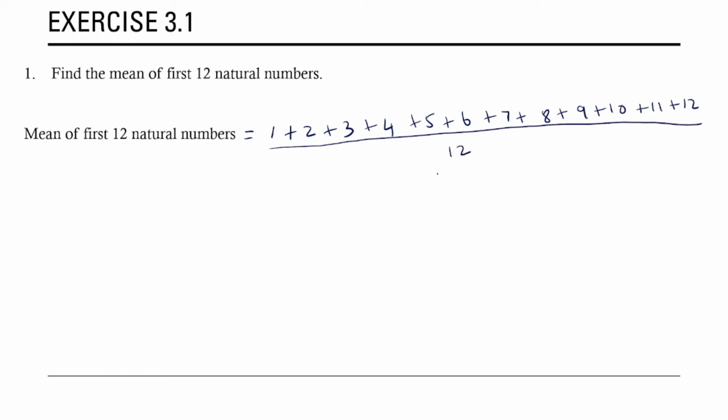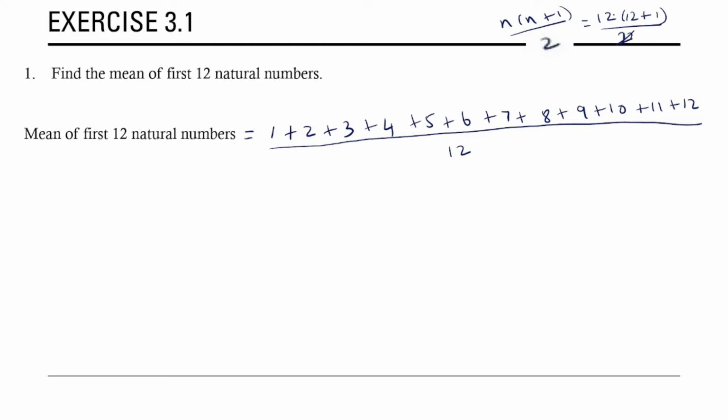That is the number of observations. We know that the sum of first n natural numbers is given by n into n plus 1 by 2. Here we need to know the sum of first 12 natural numbers. So it is 12 into 12 plus 1 by 2,